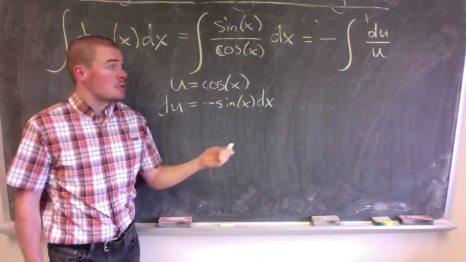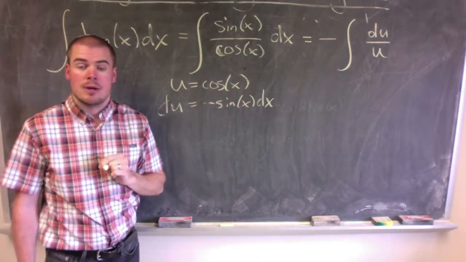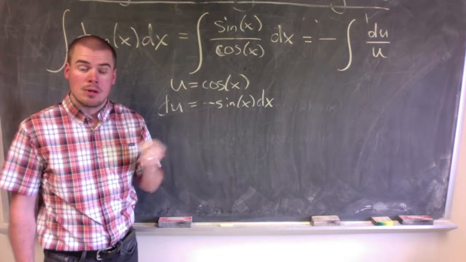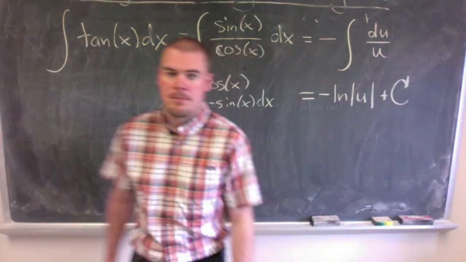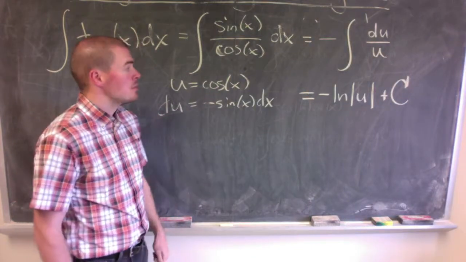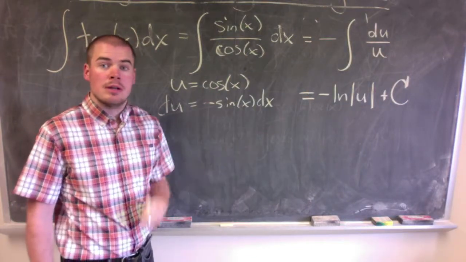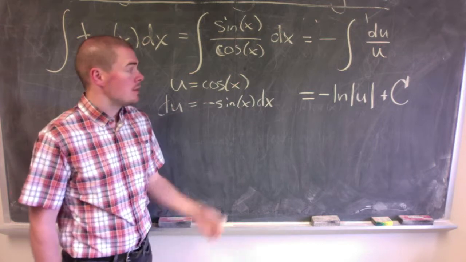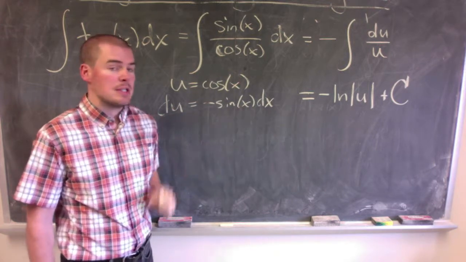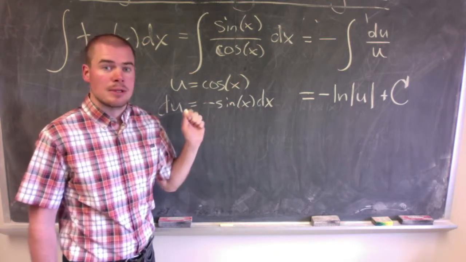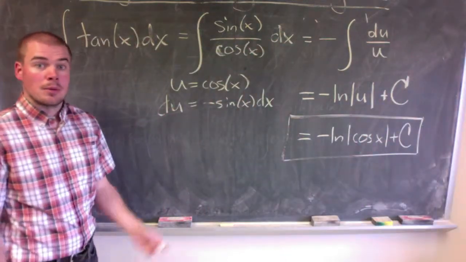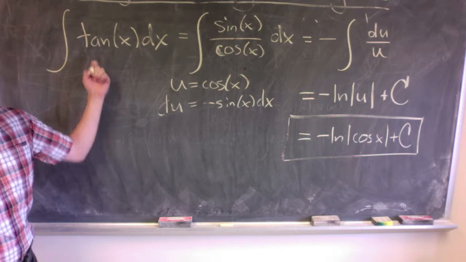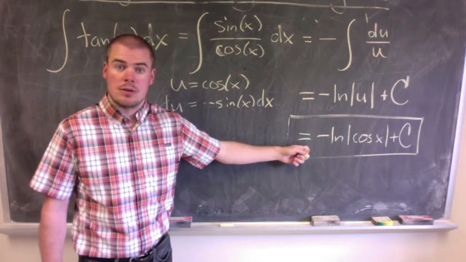Now that I've done the substitution, I see that I have a nice form for my integral in terms of u, and we know that that's going to be the natural log of the absolute value of u. And as always, when we do substitution, we need to completely replace back into our original variable, so we don't want to see any u's anymore. So let's take that u and replace it with cosine x. And there we are. The integral of tangent is equal to the negative natural log of the absolute value of